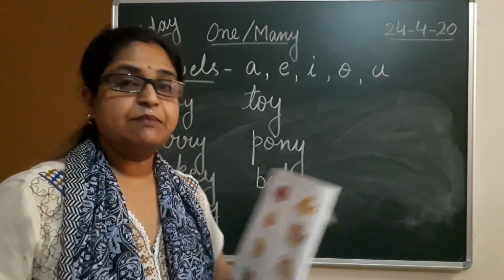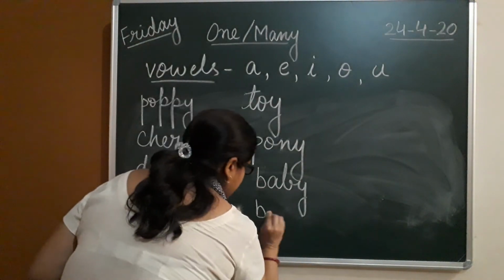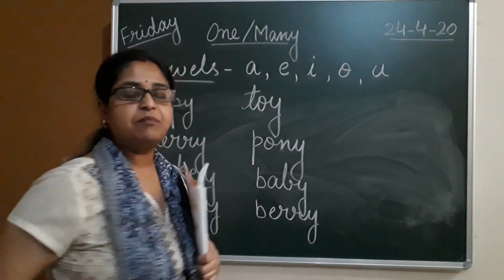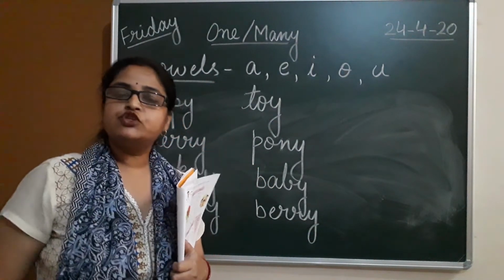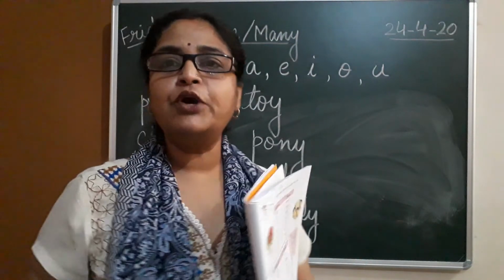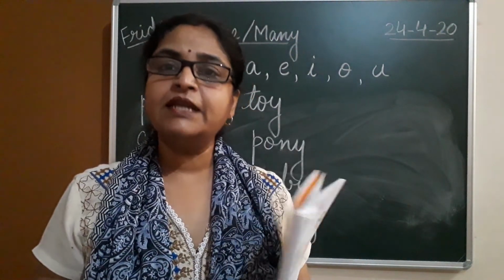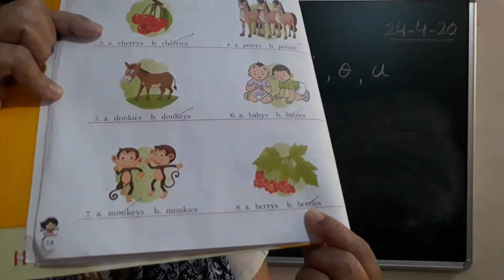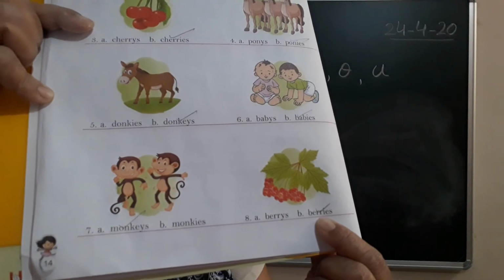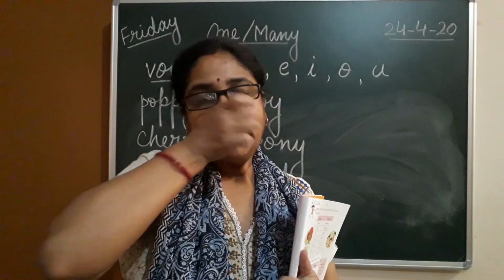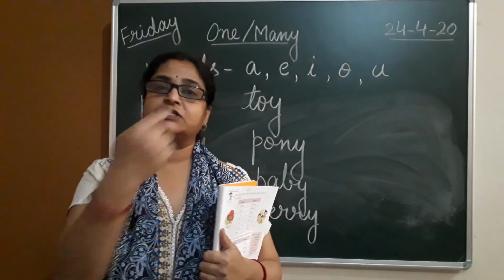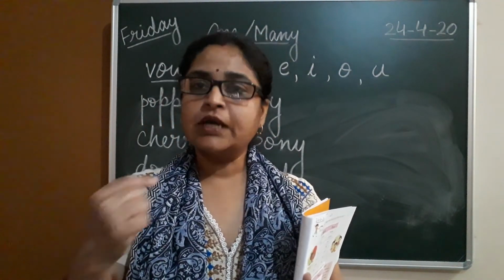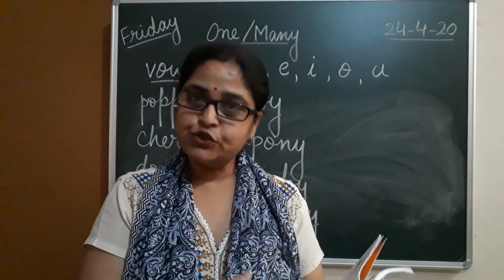Then next is berry. Children, the word is ending with Y, but there is a consonant before Y. So you will just remove Y and put IES to it to make it plural. So you will put a tick on the second option, as you can see over here. So children, I think this exercise is very clear and this rule is also very clear to you all, isn't it? So complete this exercise and do it properly.